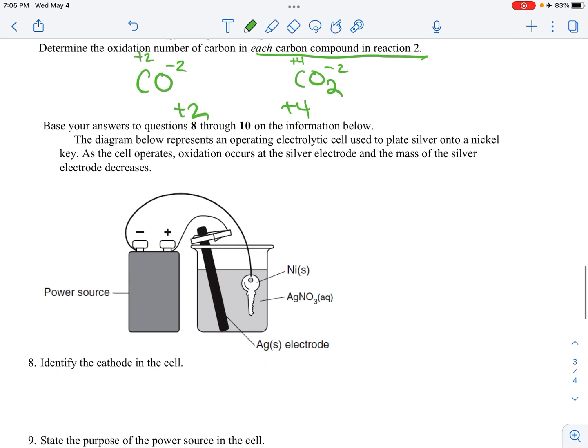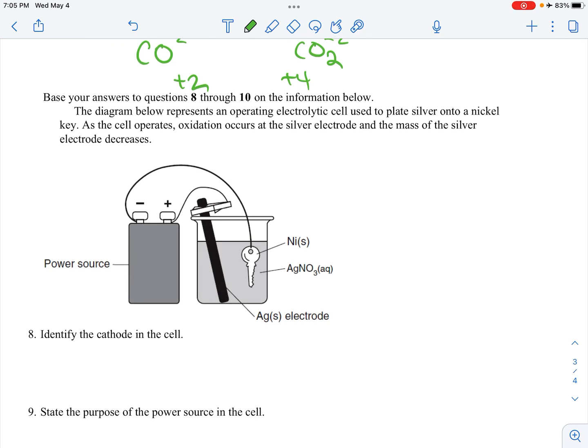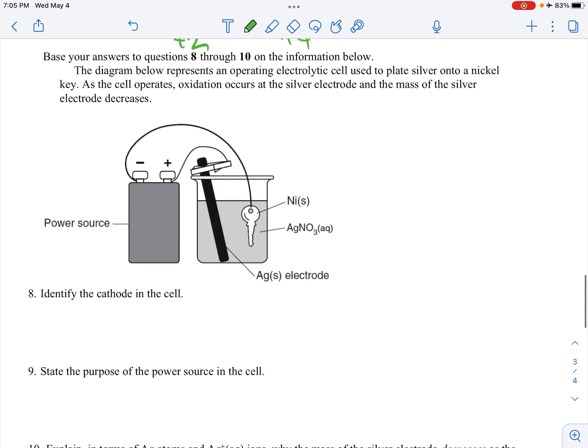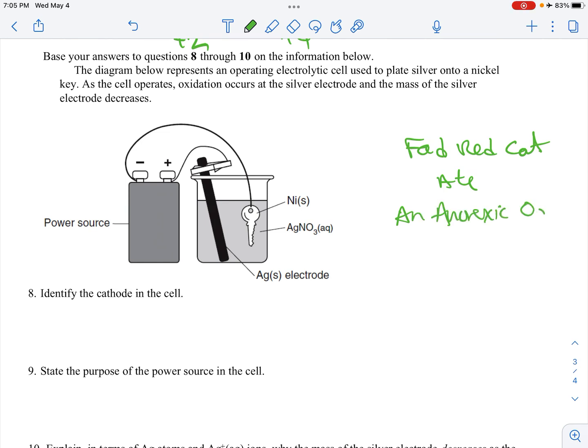All right, last bit. The diagram below represents an operating electrolytic cell used to plate silver onto a nickel key. As the cell operates, the oxidation occurs at the silver electrode. The mass of the silver electrode decreases. Identify the cathode. So fat, red cat, and anorexic ox. So it says the mass of the silver electrode decreases. So this is the anorexic ox,